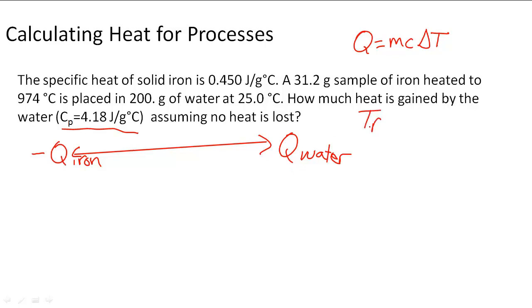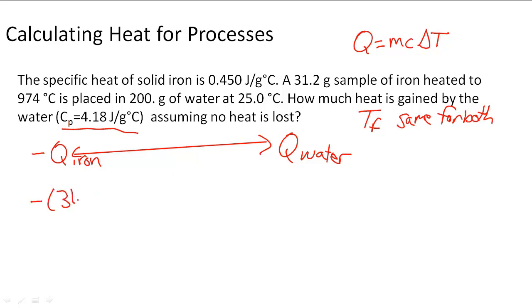So we have a final temperature, and what we need to realize is that the final temperature is going to be the same for the system. So from Q iron to Q water, the TF is going to be the same for both. So what we're going to do then is, since these are equal, we're going to compare them. We're going to put negative